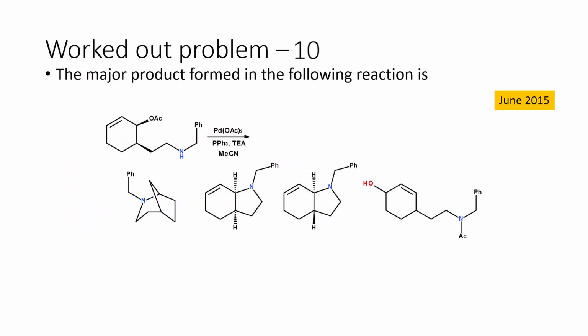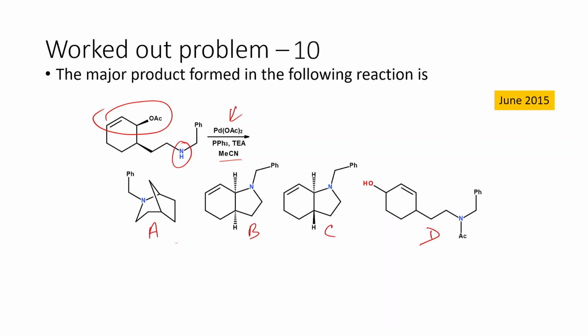So let us move on to the next problem. Here, the major product formed in the reaction. So we have an allyl acetate type system. So this is nothing but the allylic acetate type system. We have a nitrogen atom that is also present here, and we have the palladium catalyst, triphenylphosphine, triethylamine, acetonitrile, all these reagents are given. So we have a palladium catalyzed reaction, and we have four different options given as the